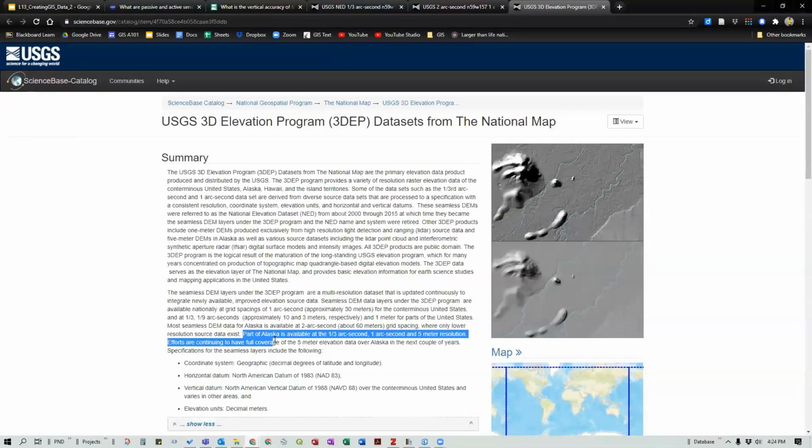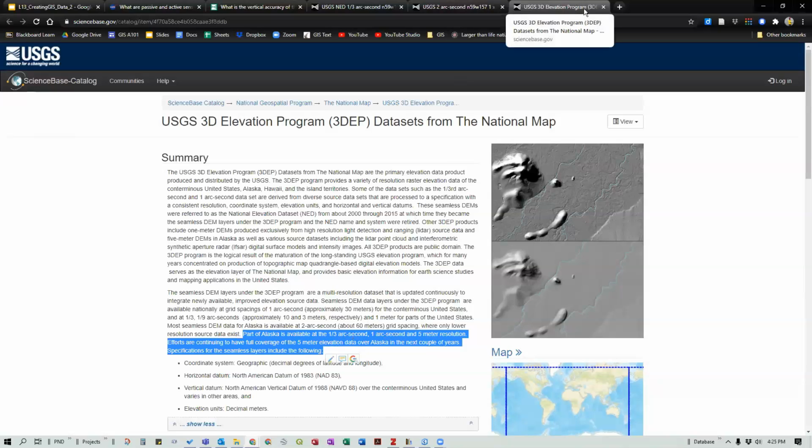So for Alaska right now, we have full coverage in 5-meter resolution, and I think a lot of it in 1 arcsecond, but only parts of it available in 1/3 arcsecond. So that just gives you a little bit of background on what they're talking about when we look at the